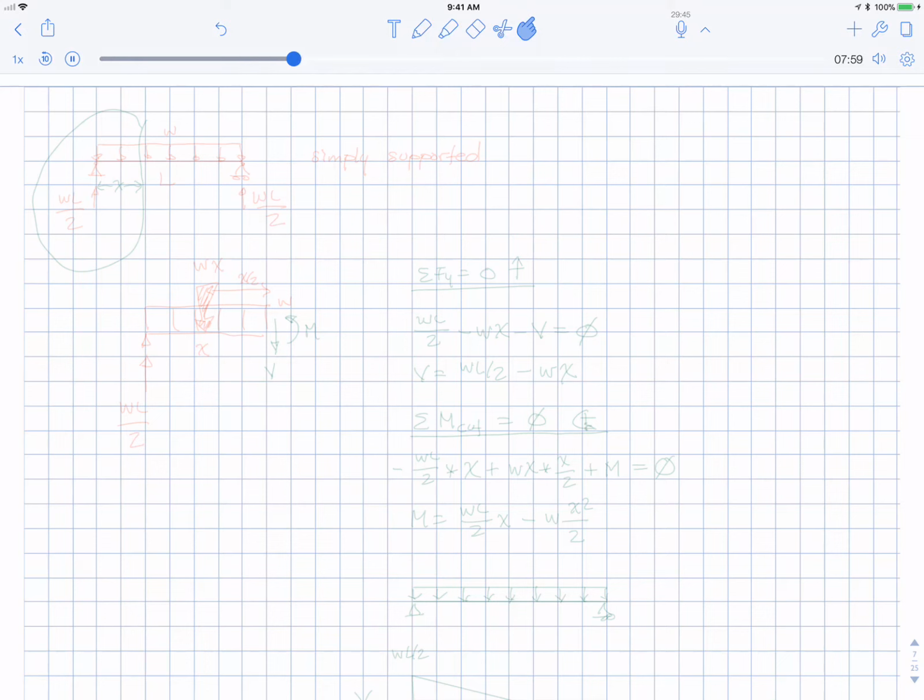What I thought I'd do is do 4 very, very common moment and shear diagrams, and it'll serve as practice, but also these are very important ones that you should know. And so the first one we're going to do is a simply supported beam with a uniform load of W. And these are so important, I'm going to do them in variables, not with numbers, and therefore you could use